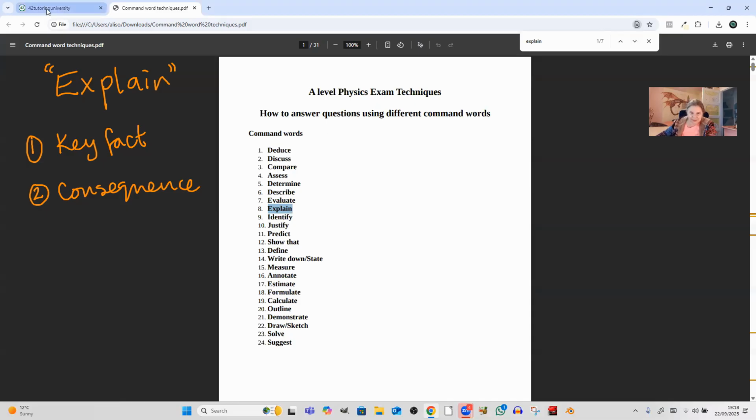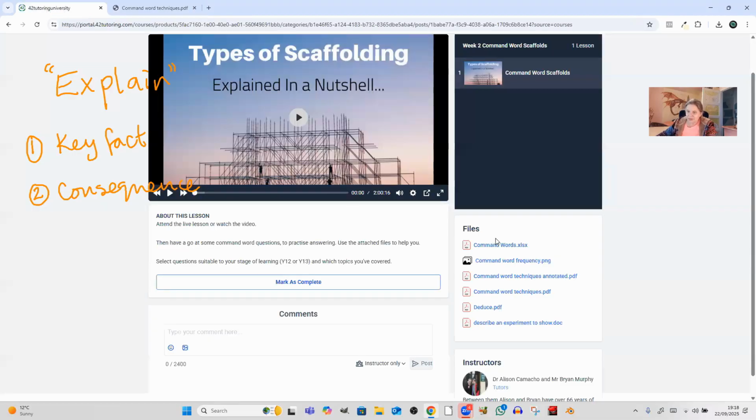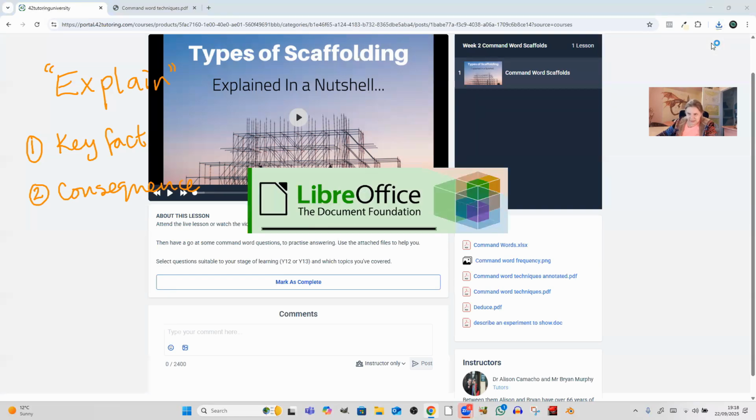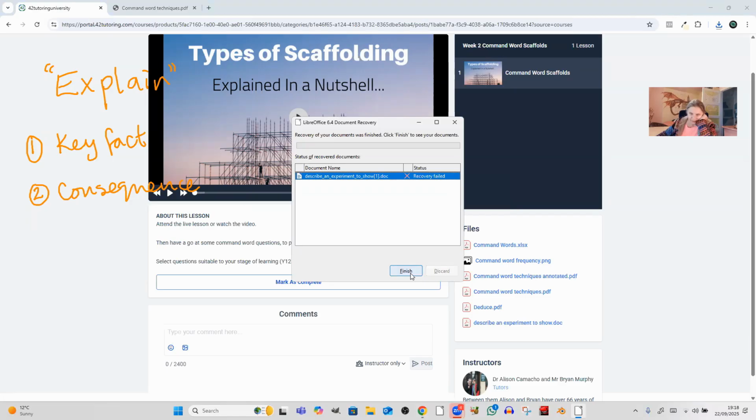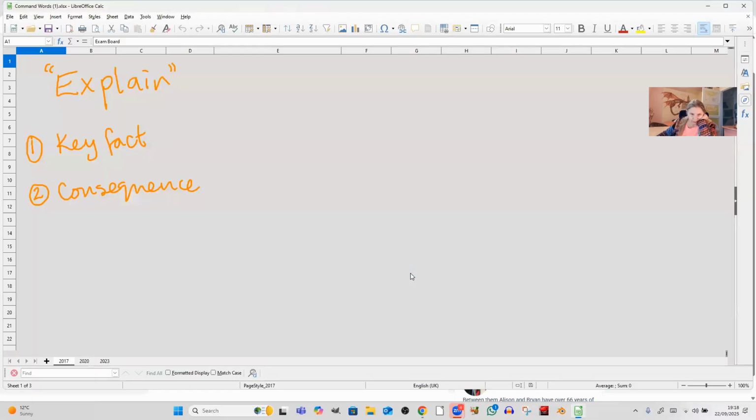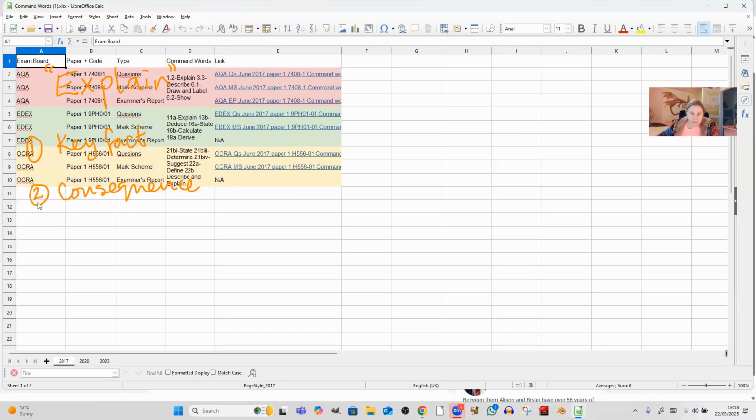So I'm going to go back to my course platform and I'm going to go to the spreadsheet at the top there, which is command words. And I'm going to click on that one. Okay. And then I'm going to open it. And it's opening LibreOffice because I haven't got Excel. Apparently the recovery failed on that document. Okay, so now you can see what's on this command words